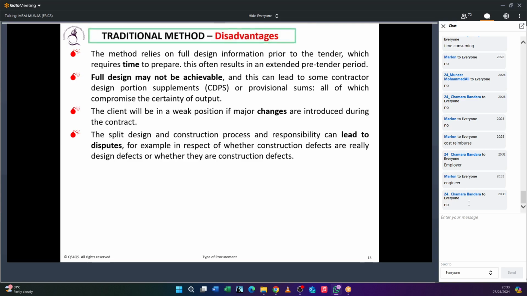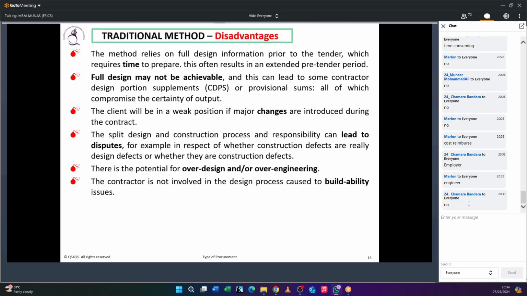Therefore, you have to understand this. You split the design to one team and the construction to another team. What about the communication? Do you think the contractor can understand whatever the designer is thinking? It's hard. So communication gaps will be there. Sometimes the designer does over design or over engineering, so it increases the cost of construction.